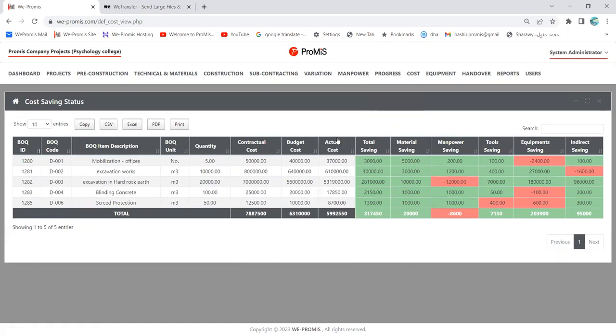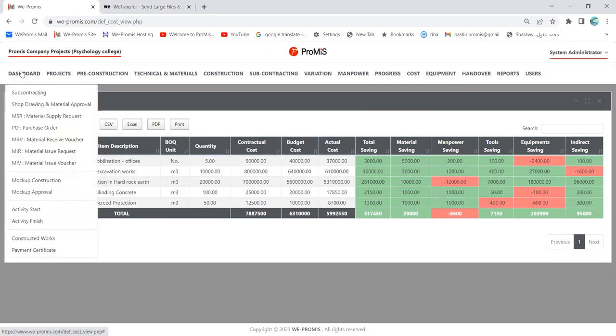Now he is telling you, for example, if you take the mobilization office, that the budget cost was 40,000. Please remember that the budget is not the contractual cost. The contractual cost is the selling cost, which is like 50,000, which means you take 50,000 from the client once you submit. If we go to the payment certificate